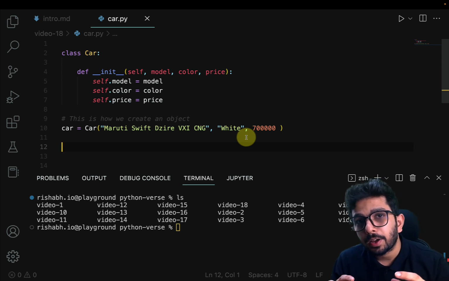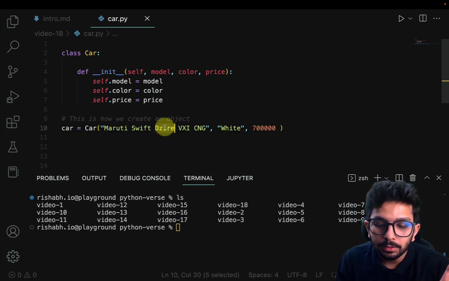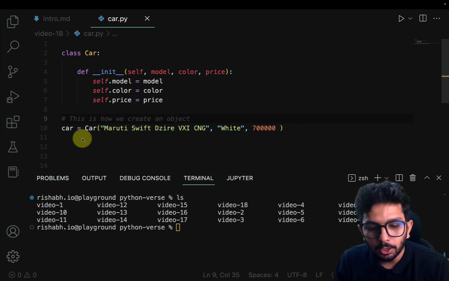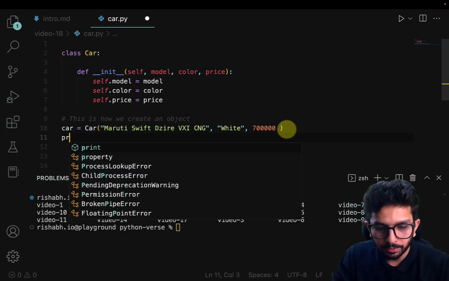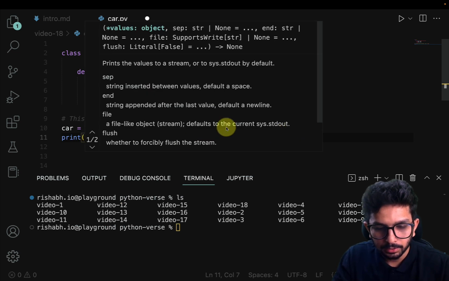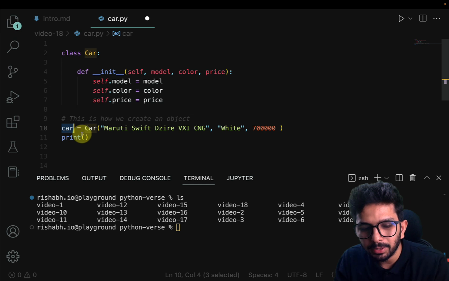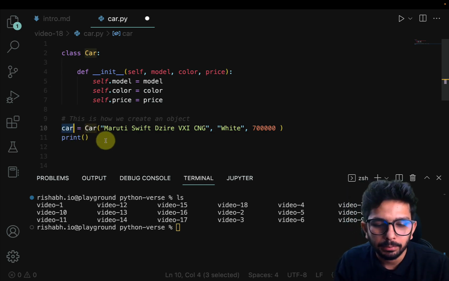Meaning, instead of having to write different variables to define a single car, now it is very easy for you. You can simply call this Car class and you can pass in the variables and you get a car object. So the car object has been created for me. Now whenever I have to print something about this car, let me not call this a car, because car is more of an abstract idea. Let me just call this